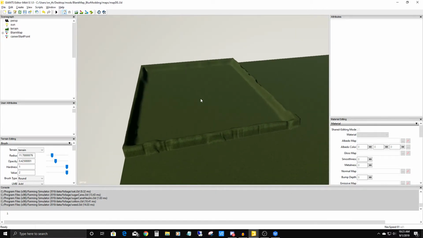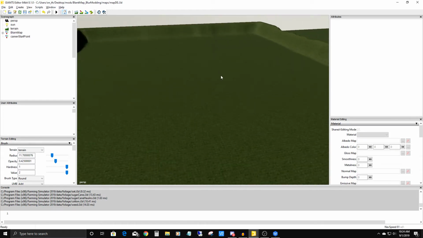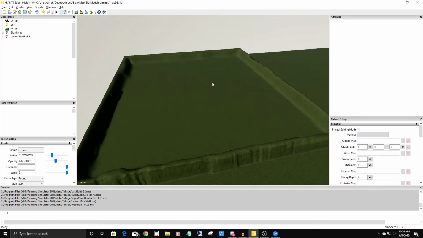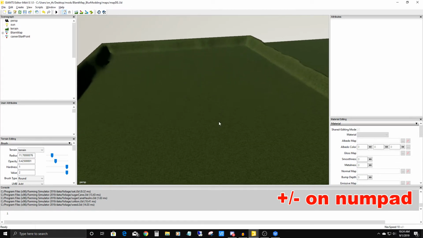And then I should mention one other thing too. Over in the very bottom right hand corner, there's a nav speed. Right now it says 81. If you want to change that, what that is, when I hold down the Alt key and I right click and I move the mouse away from me, you see how fast we're zooming in and zooming out? Well, if I change the nav speed, let's drop it way down to say 10. Alright, now watch whenever I move, see how slow it goes. So you can really do some fine detail